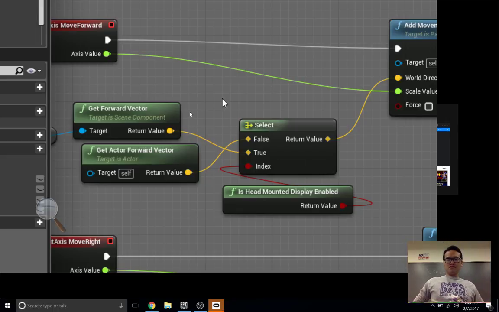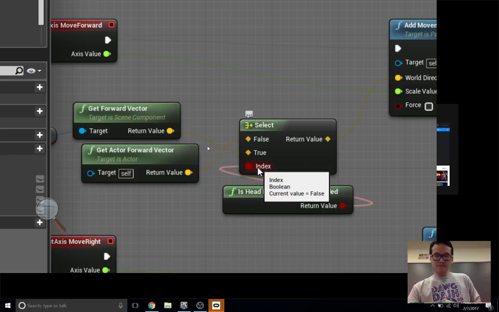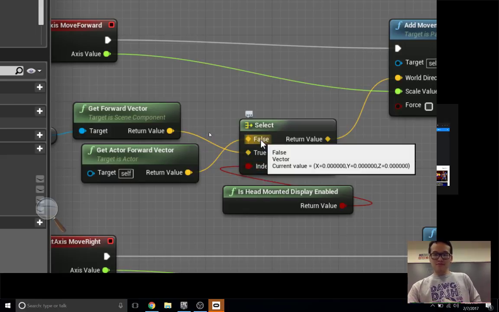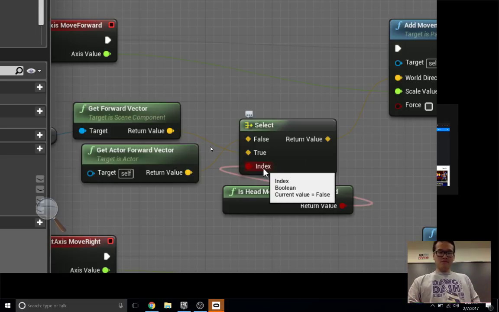Okay, so those aren't booleans, but it does take in two things. What are these connected to? This is get forward vector and get forward vector, right? So those two are vectors, also known as yellow means vector. And then it takes in this third thing, which is red, so it's a boolean. Based upon what we've seen right here, it takes in these two vectors and a boolean. So what do you think it outputs?